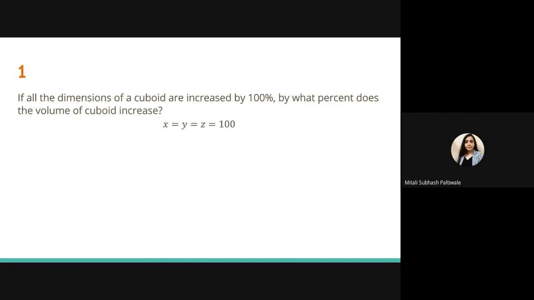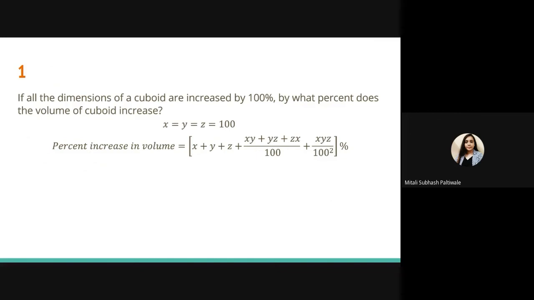Okay, so if all the dimensions are getting increased by 100%, then also x will have its own value, y will have its own value, and z will have its own value. Then how would we be saying that all and each and everything are getting increased by a plus b plus c or what? So for that reason, there is a formula. Percent increase in volume is equal to x plus y plus z plus xy plus yz plus zx by 100 plus xyz by 100 square.